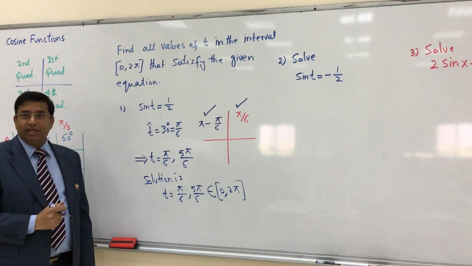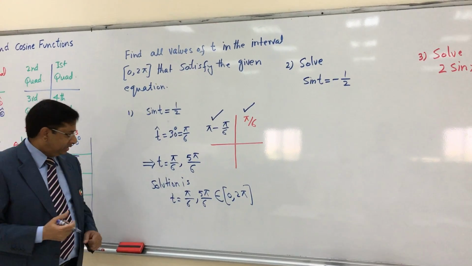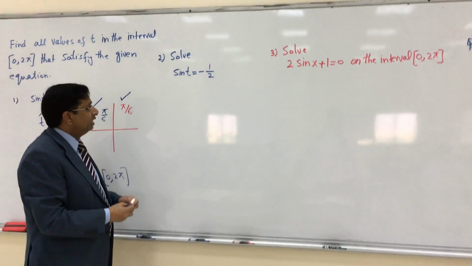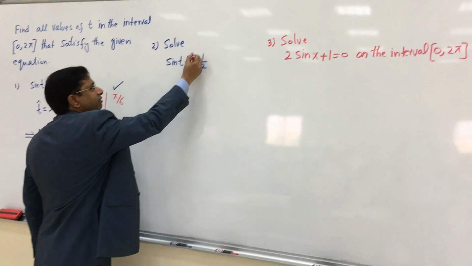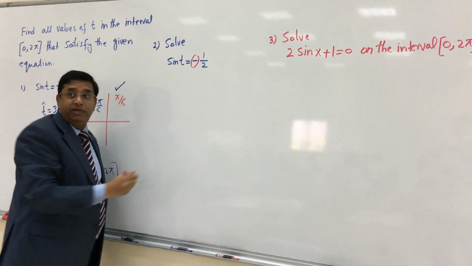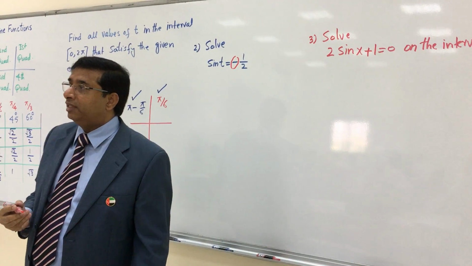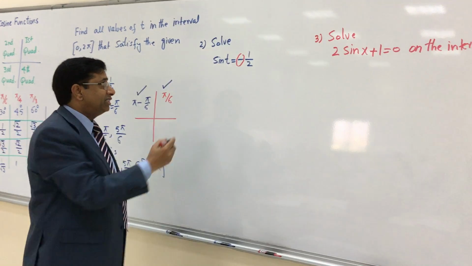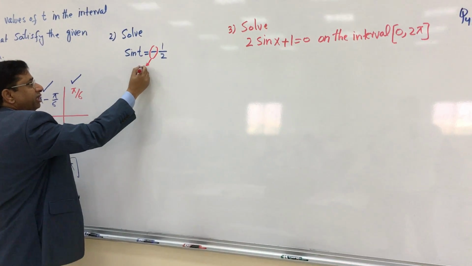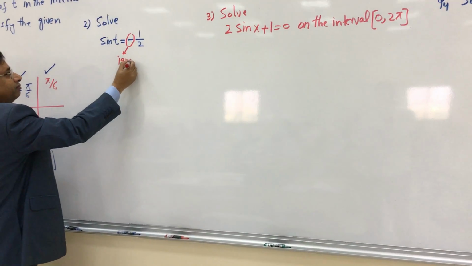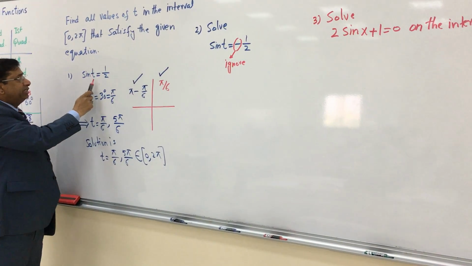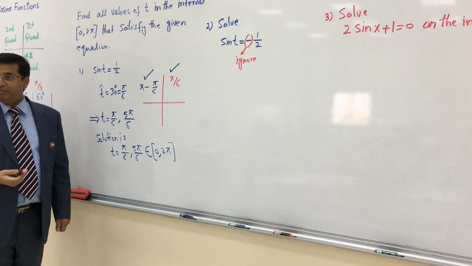Okay. The same way we can solve this next equation. You can see the difference here. The difference is only this negative sign. So this is very important to remember: if the sign is negative, how do we deal with the equation? Ignore this sign. Ignore it. If you ignore it, it becomes the same question as in the previous example, sine t equals half.